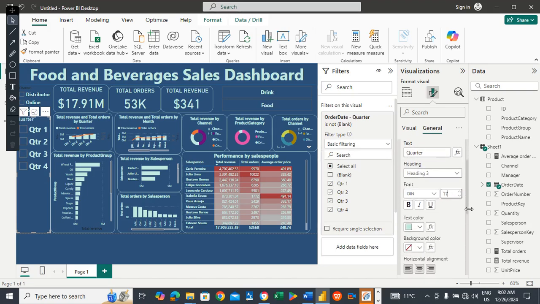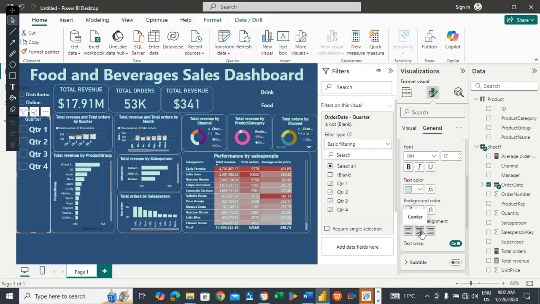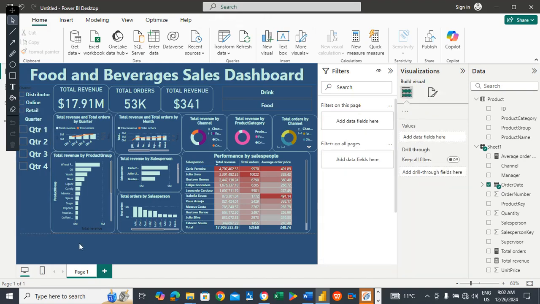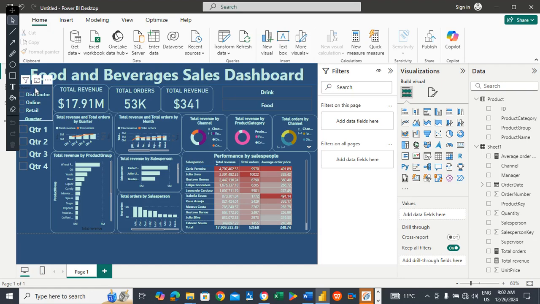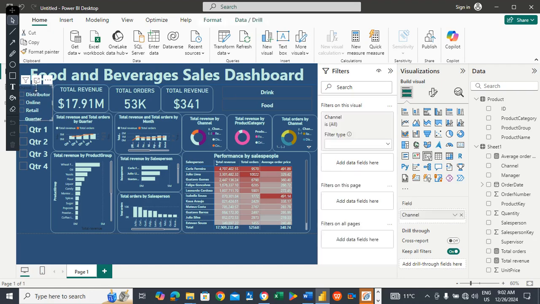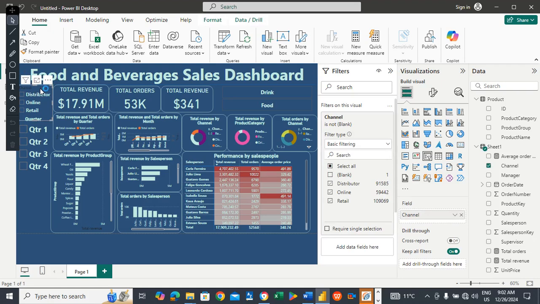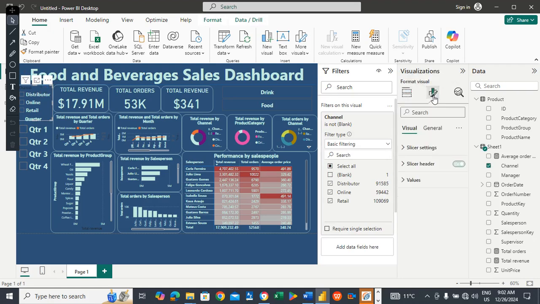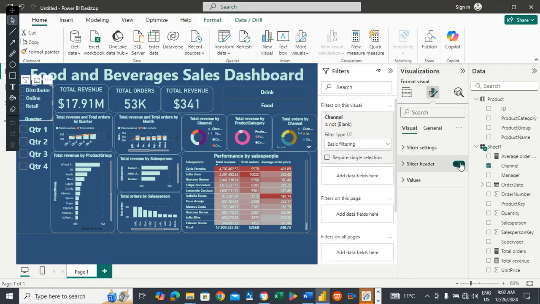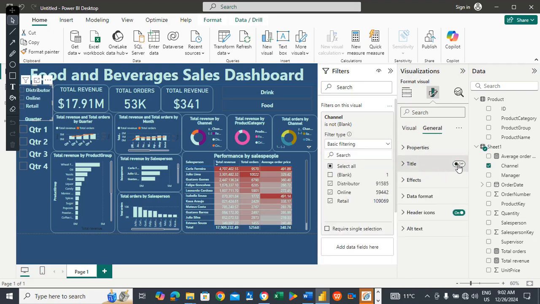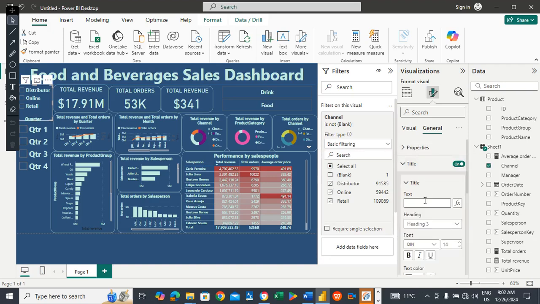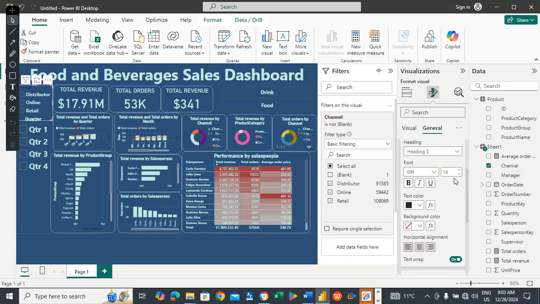Here. Okay, and I'll do the changes for this slicer. Turn off slicer header, click on general, click on title, and here I'll write channel. Change the color to light teal, click on bold, place it in the center. Okay,